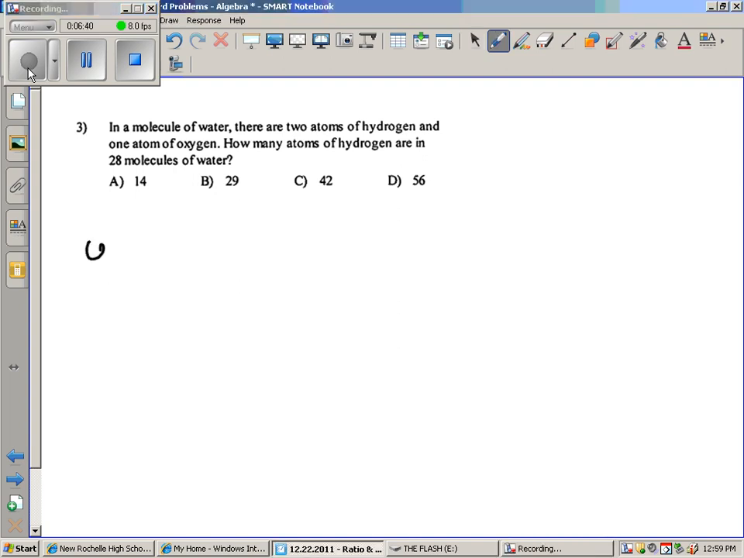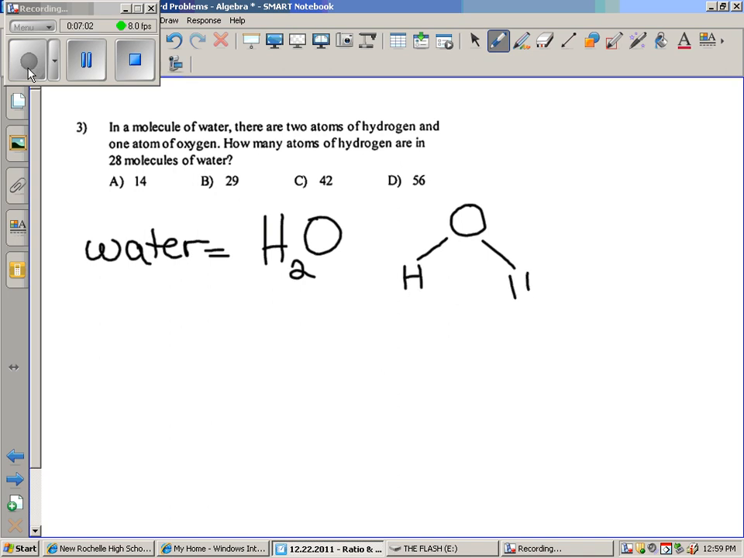Did you know that water is actually an equation? Water is H2O. If you want to look at it in terms of a picture, here's what a picture of water looks like. It looks like one of those oxygen atoms with